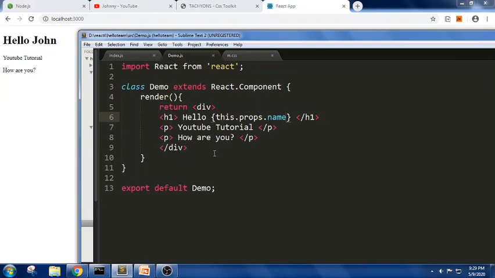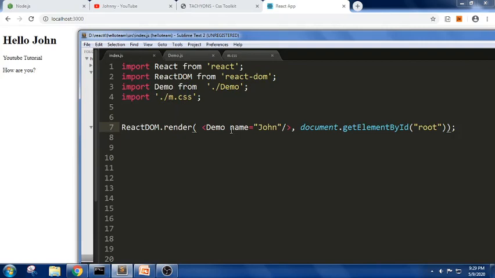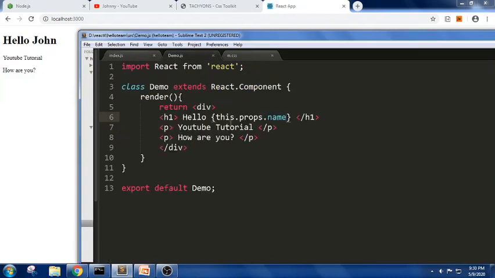So for example, when you take an anchor tag or image tag, we have some attributes. For anchor tag we have href, target. For image we have src, height and width. Similarly, props are also attributes for components. These can be passed from the parent component to the child component. Suppose we have written here name, we can call this a prop, in the sense some attribute for this class component. Generally this class component will always use the this keyword to refer to the current class. Props is a reserved keyword, whereas name is the property we have written there. So we got hello John.